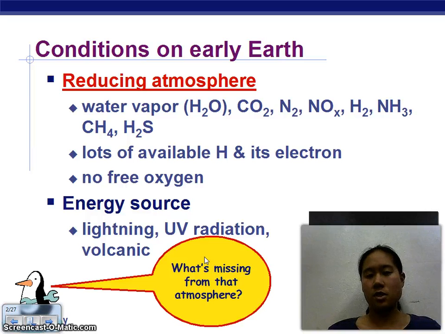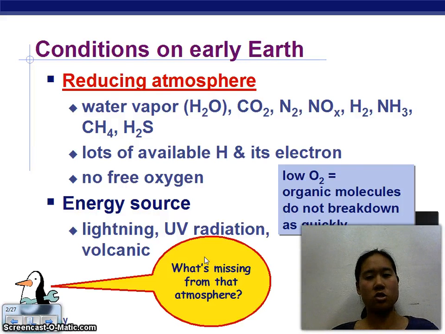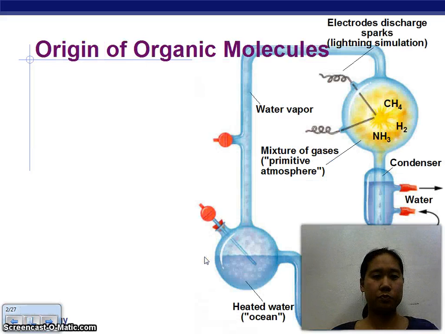So what's missing from this that was able to give us life? We didn't have organic molecules that broke down quickly. Today we have a lot of oxygen, and you can consider those oxidizing agents. I believe one of our students brought up the idea that we're all slowly dying, and it's just that oxygen is breaking us down. That's the idea behind this argument, that there wasn't a lot of oxygen, so things aren't breaking down.